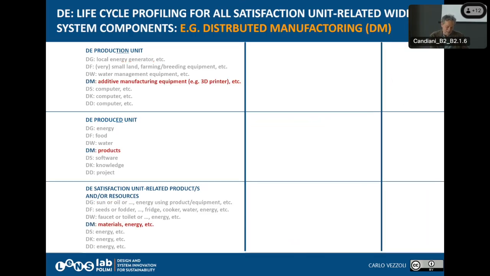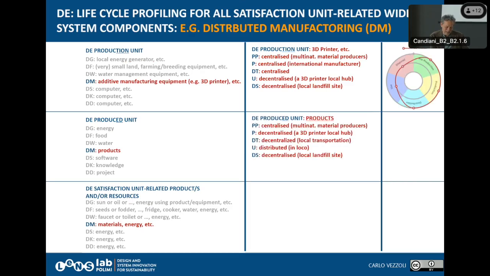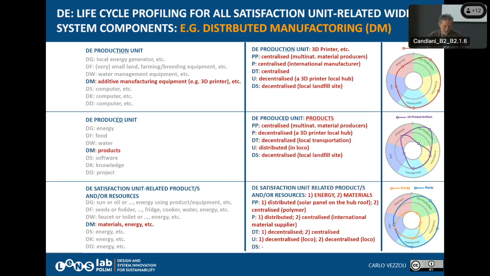I have another example, but I leave it for you in the slide. I'm not presenting here in relation to this distributed manufacturing, where there is a 3D printer, the product that is printed, and what is used by the 3D printer, but indeed it's needed some energy and some material and so on. And so we can draft in relation to how the system has been designed, our system. What I show here is not fixed.